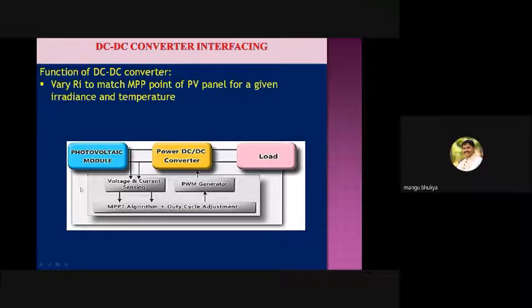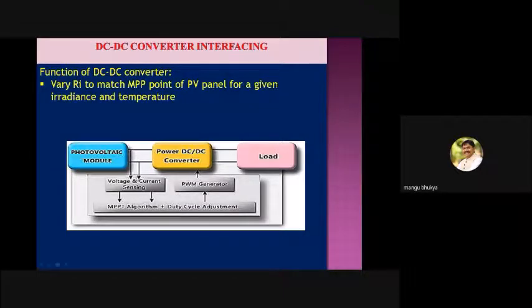But coming to the PV source, the efficiency is very high, because there is no intermediate conversion. Directly we are converting the radiation energy into electrical energy. And there is no impact on the environment, which is very important, because with coal the impact on the environment is very high. PV and wind are renewable sources, so the impact on the environment is less. That is why people are moving towards renewable sources.